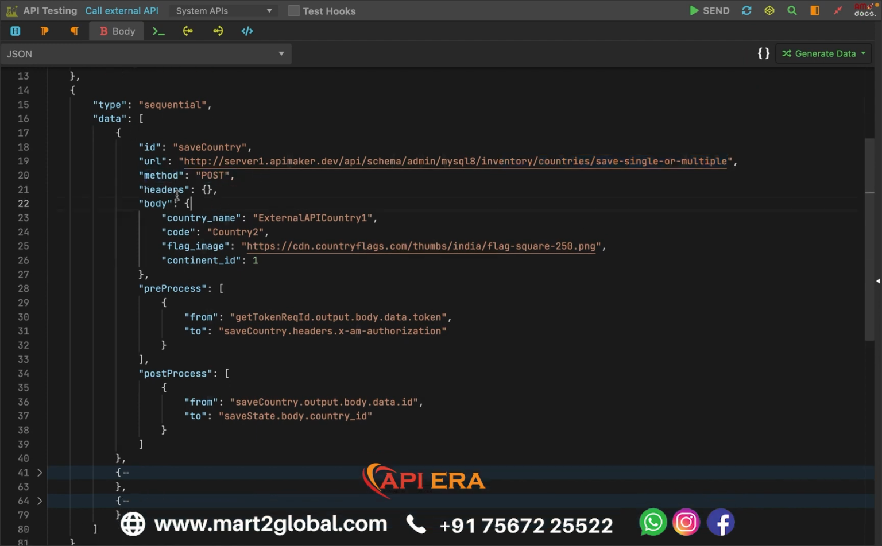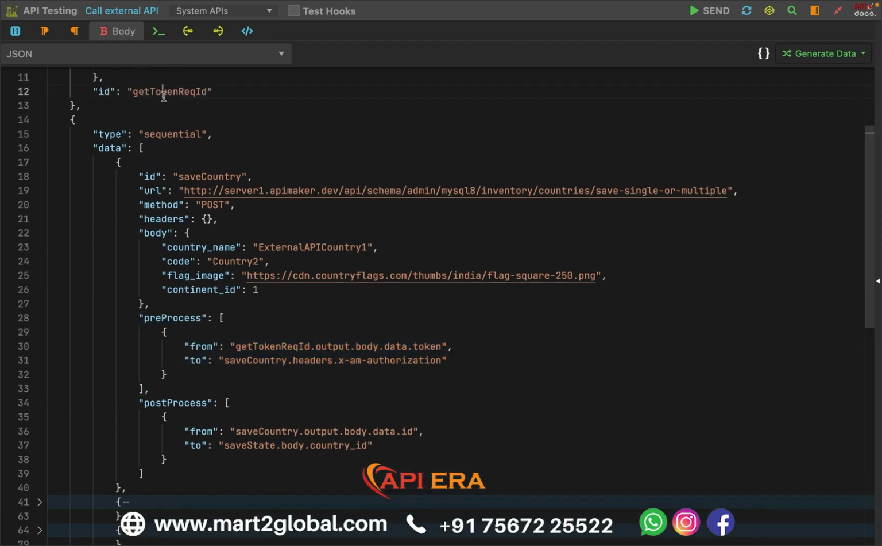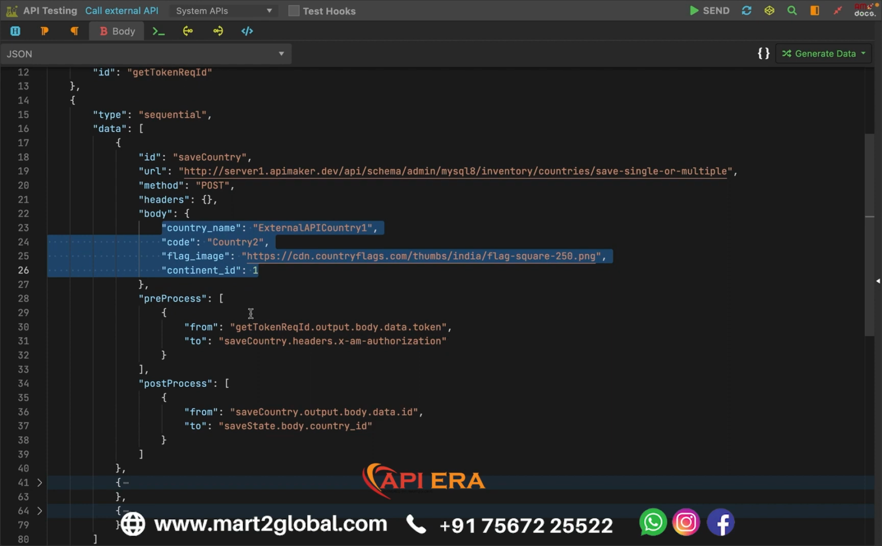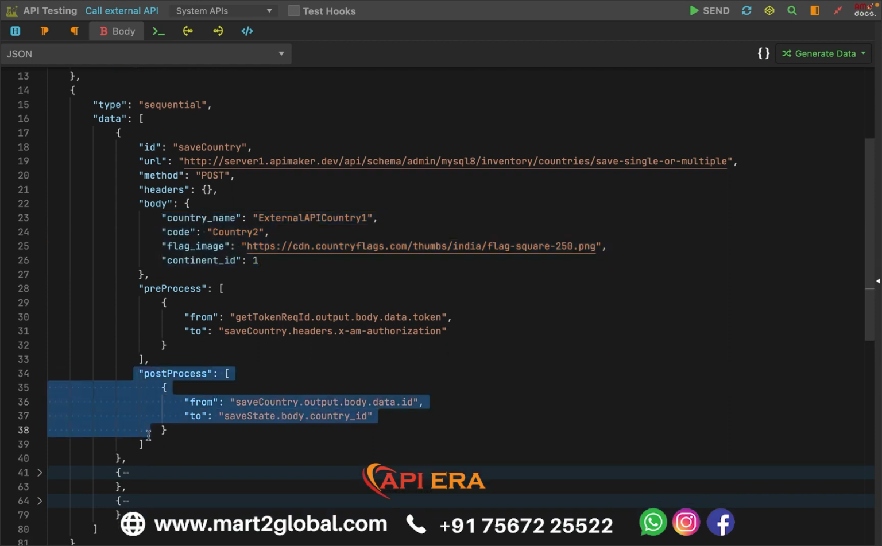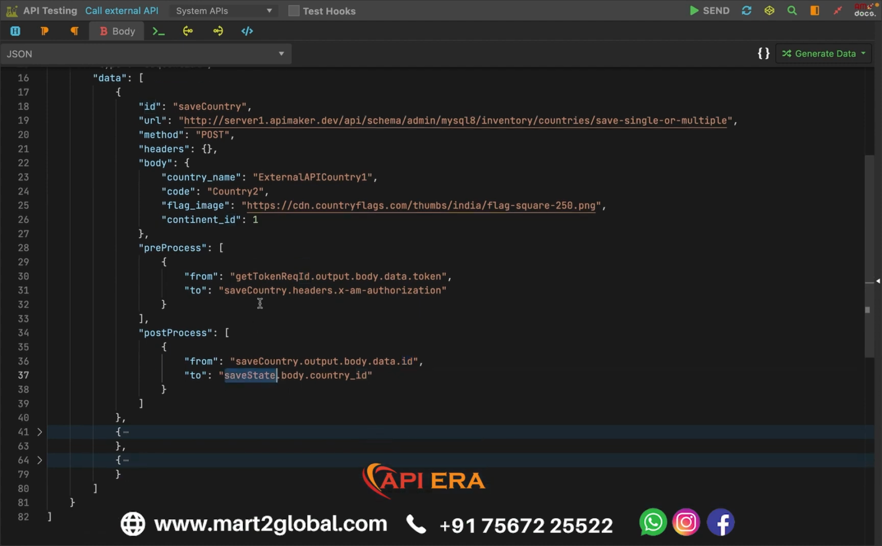This is a post API, and inside the headers it will do pre-process and get the token from this get token request ID. So it will get the token and set it. Now this is the body payload for saving the country. And after saving the country, it is doing some post processing. In the post process, it will pick up the value from this ID, output, body, data and ID. So basically it is taking the ID of the saved country